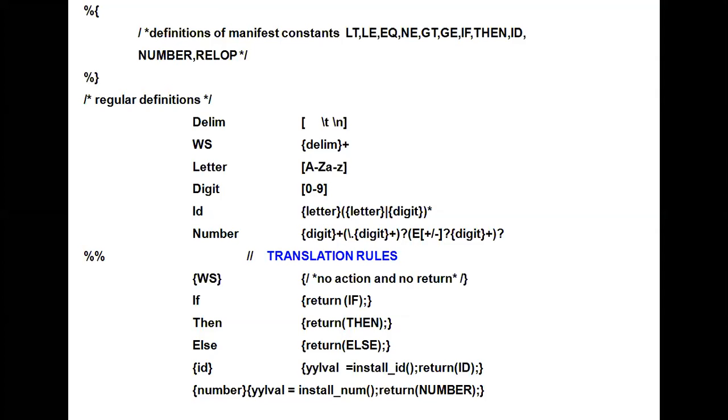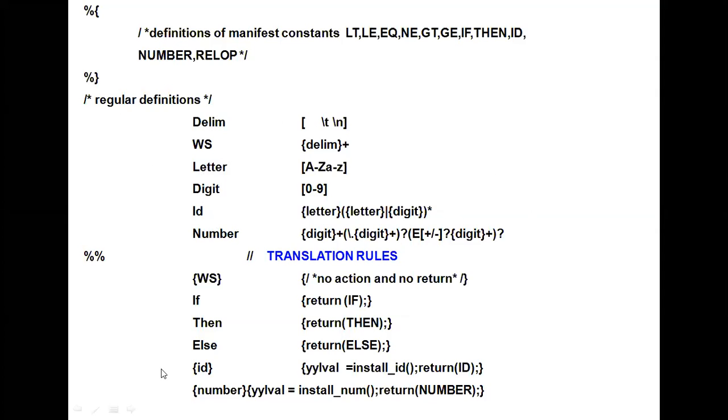This is the thing that we already know, and here we are calling that part the declaration section. So these are all the variables that we are using in the program: delims, white space, letter, digit, id, number. All these are variables or constants, or some of them are regular definitions, defined from the regular expressions. And these are all the regular definitions we are declaring in a declaration section, right? And this part is clear.